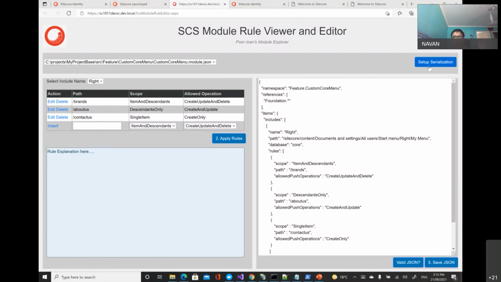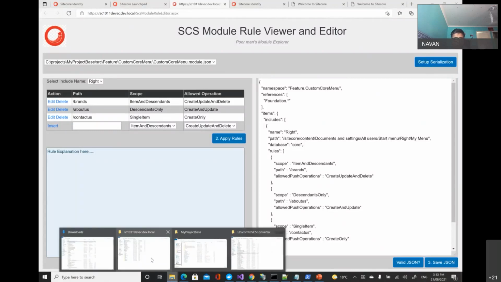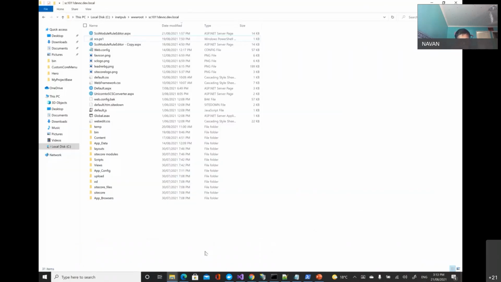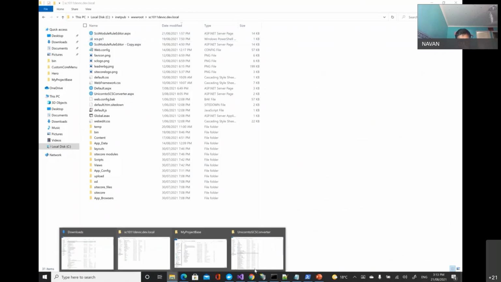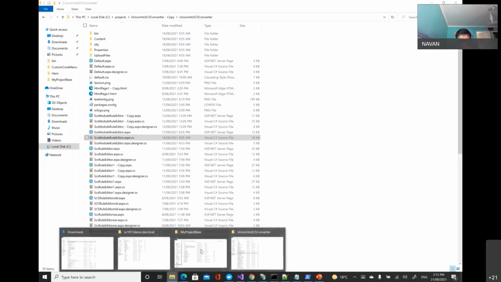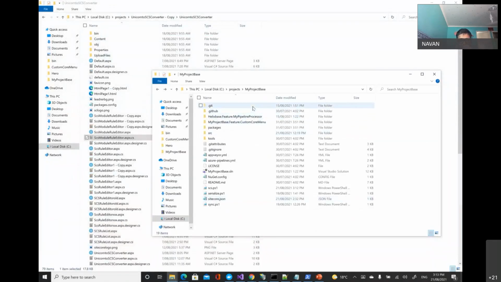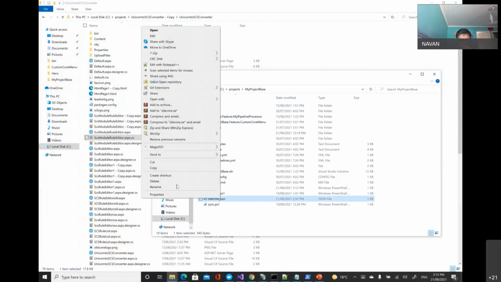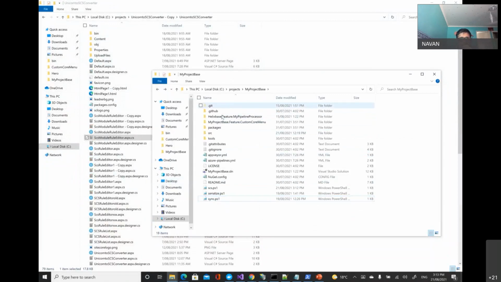Because my local project folder, which is C:projects, doesn't have this sitecode.json and all those initial setup files, I'm getting that button now. For example, I'll move side by side. Here I don't have the sitecode.json file and the sitecore folder. If you don't have the sitecore folder, config folder and all that, you get an error.